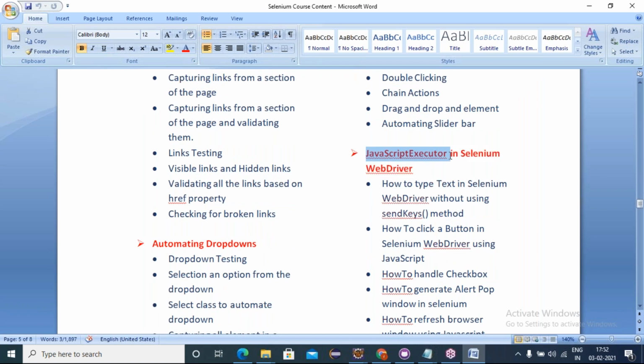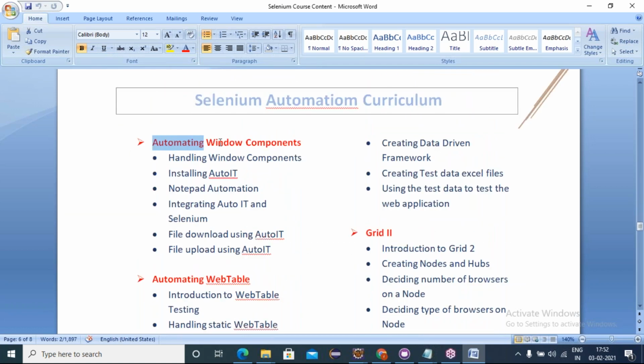With the WebDriver, how we are interacting with web elements, in a similar way using JavaScript executors also we can interact with web elements in performing the operations. We'll talk on this. So next, automating Windows components. Friends, if you want to automate Windows elements, Selenium will not automate anything Windows related. So a third party tool we have to learn, that is AutoIt. How to install AutoIt, how to build your AutoIt codes, how to compile the AutoIt codes, how to execute AutoIt codes in association with your WebDriver script. All these things we'll be talking about in one day on AutoIt.